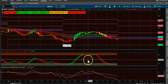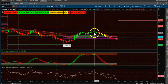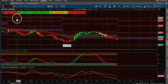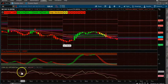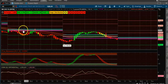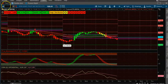Here it is downtrending, and the on-balance volume is also downtrending. So we have all the factors trending downwards. This is a good stock to take a downtrending options trade. It could be a credit spread or debit spread. It's up to you. Next stock is